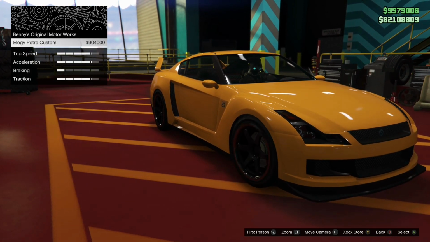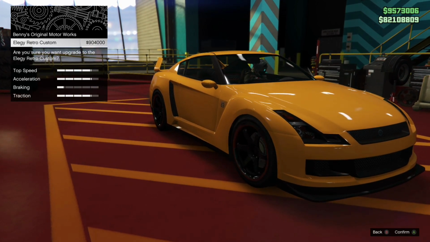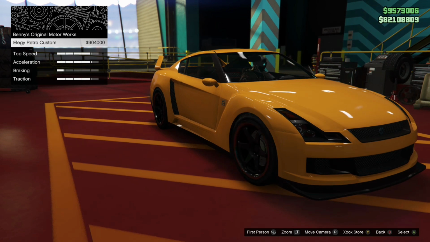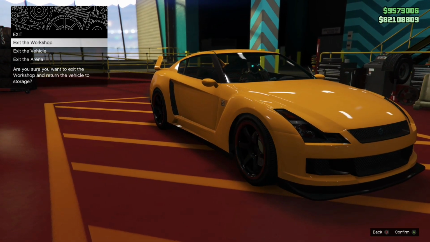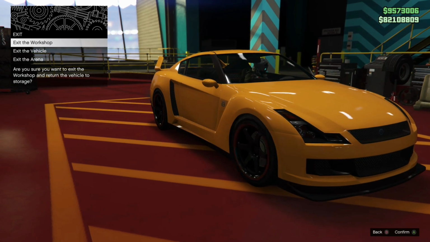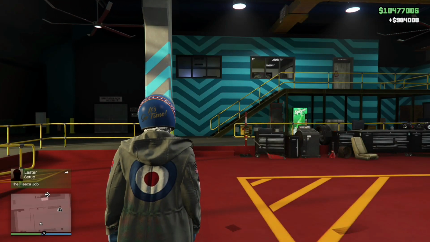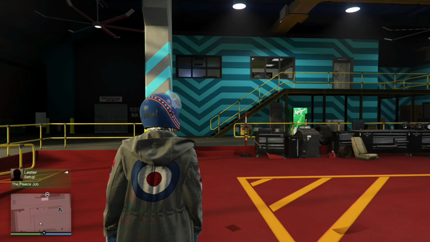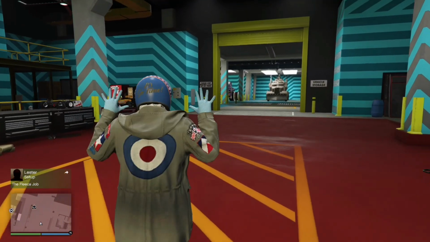say Elegy Retro Custom. You're going to select that as well. And when it says are you sure on the confirmation screen, you're going to back out once, back out twice, back out a third time and choose to exit the workshop, and then that should put you back on foot. And if you look at the top right hand side of the screen, you should see the money going into my pocket now. So this is a really simple way to get a quick money injection before tomorrow's DLC if